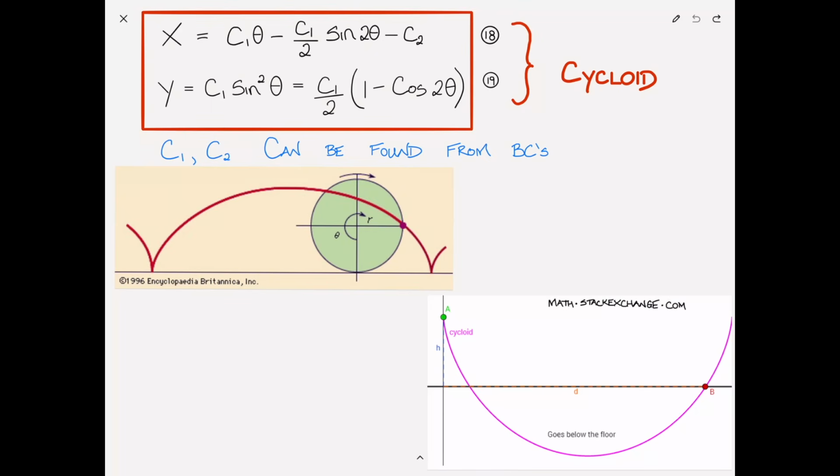If it was rolling along a curve, it would be called an epicycloid or a hypocycloid, depending on whether it was inside or outside the curve. And going back to the original problem, which is trying to find the fastest path from point A to point B, the answer is it's the cycloid through those 2 points. So this cycloid curve from point A to point B represents the minimum time curve. And what might be interesting to some of you is if this were ground level here where point B is, the minimum time curve is actually a curve that goes underground and back up again.